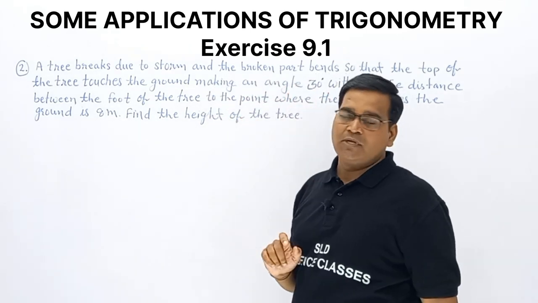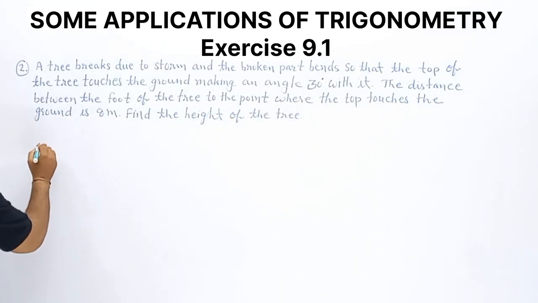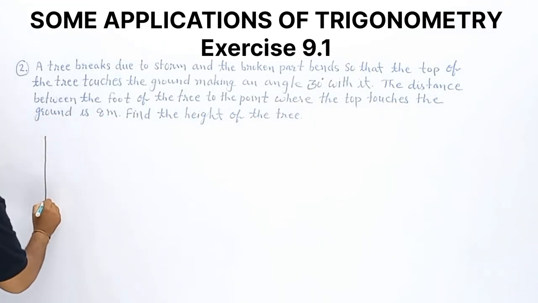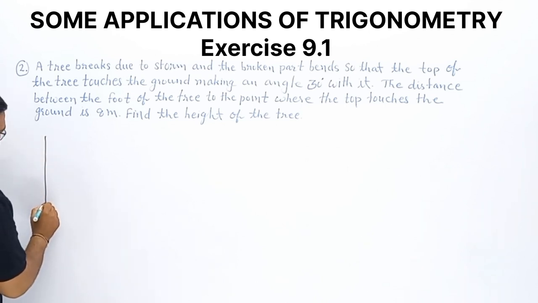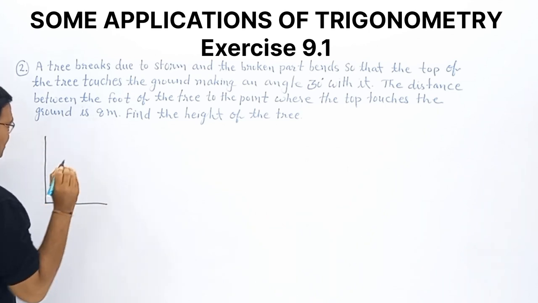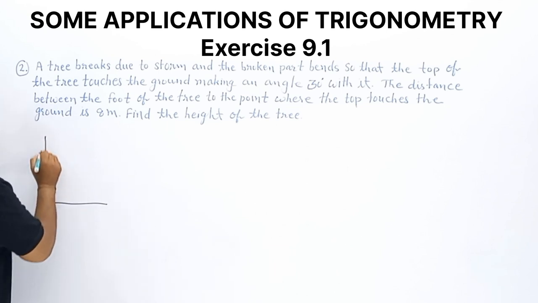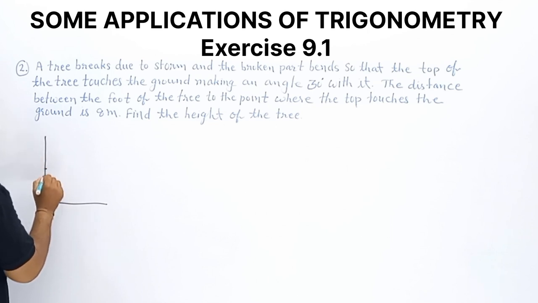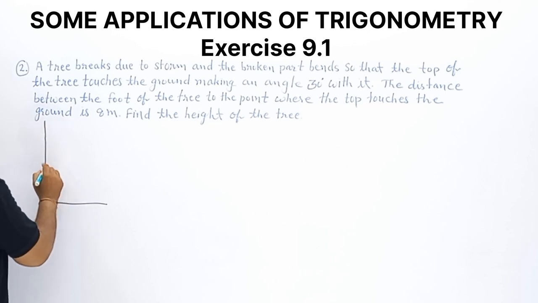with the ground. Observe, we have one tree. This is the tree and this is the ground. Clear? So this tree breaks. This is the tree, and it breaks from this point. And this broken part, this part